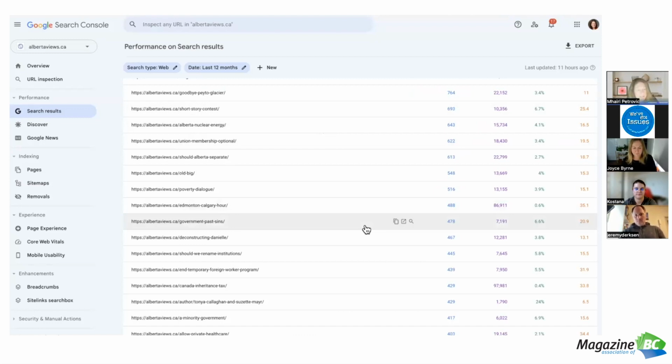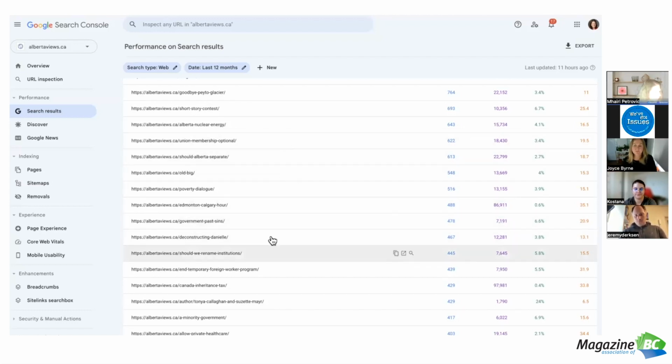Google really likes to see you updating articles. So one other good thing that you can do, this is more to do with Google Analytics, is if you see an article that you posted on your site a few years ago, but it's still getting good traffic, it's good practice for SEO to go in and update that article because Google sees that you've updated it as well. So that's a good practice and something that you can go and improve on your articles.